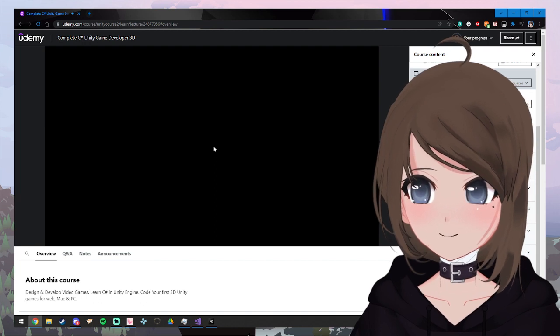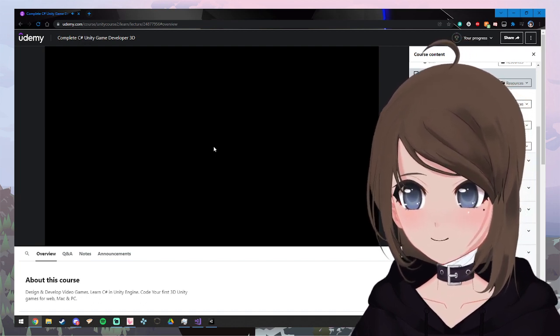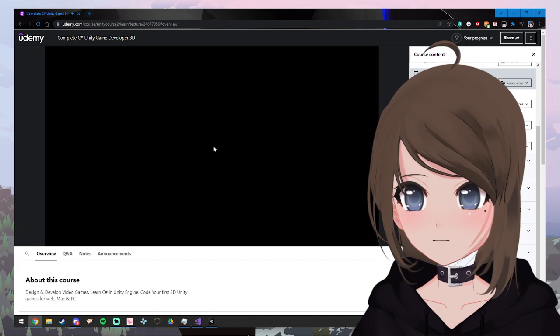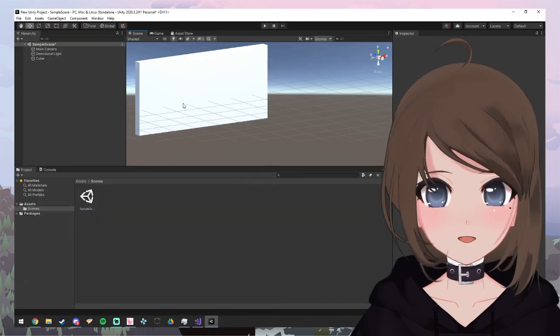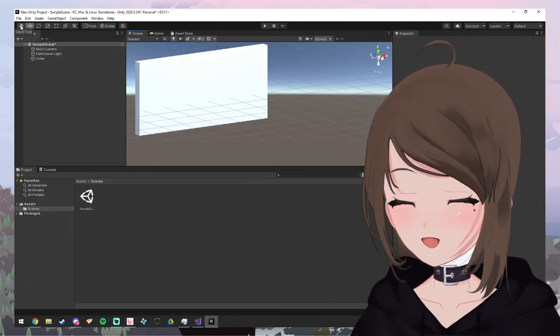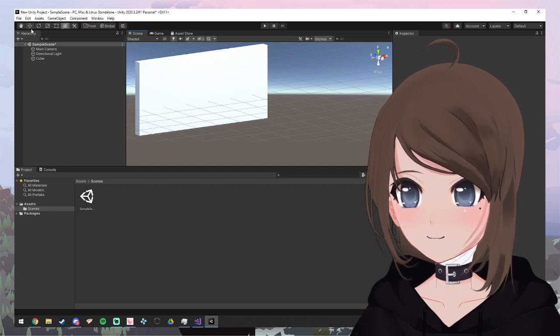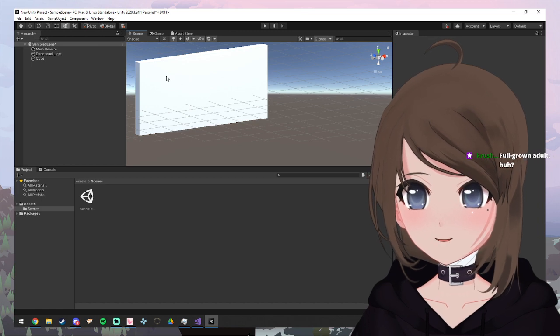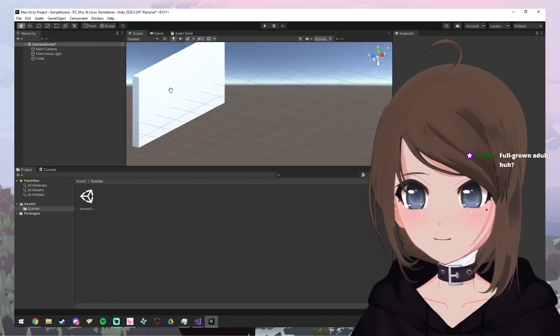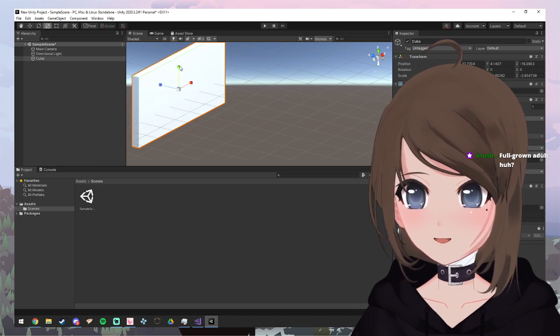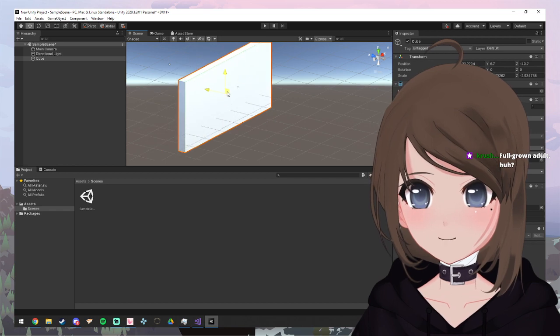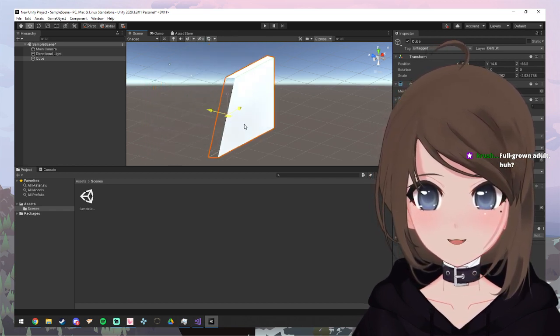You see up in the top left we have a number of icons. If we mouse over the one that's currently highlighted, it's the move tool. If I go to the next one, it's the rotate tool, the scale tool, and the rect tool. These also correspond to keys on your keyboard. So Q for just general old hand tools, so that's moving around the world. W for move, E, R, and T. That's actually clever. Okay, so the thing's talking about this. I can apparently just go Q, W, E, R, T, Y. Like, just press these. What is this? Move and rotate scale objects. Rotate, scale, move. So you grab the plane and pull it along that plane.